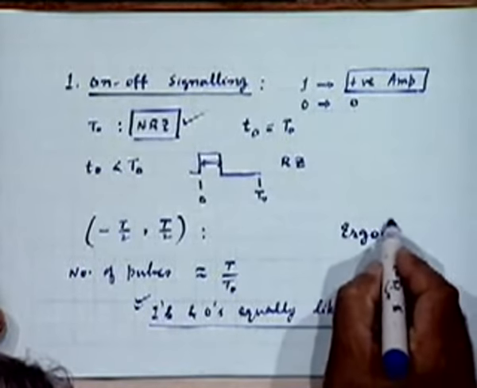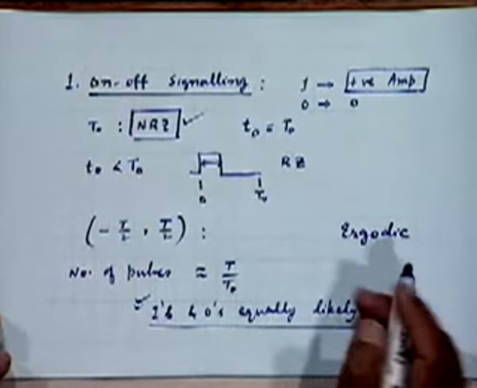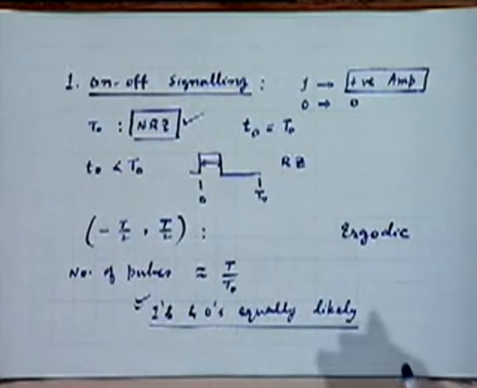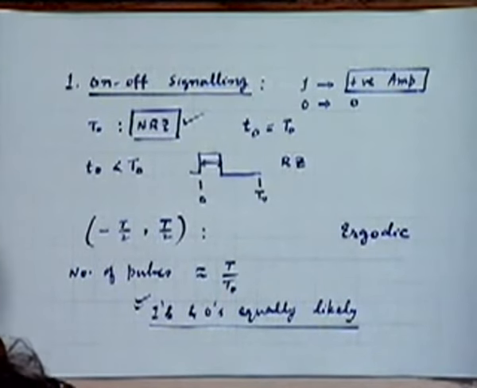I did not want to go into those questions, but since you have raised it, we can assume that the source is also ergodic. We can replace ensemble averages with time averages. That is the whole motivation for taking up the time autocorrelation function. Otherwise we would have to do a slightly different kind of treatment, a statistical averaging rather than time averaging. By and large we will get similar results. This is more convenient, so I did this.